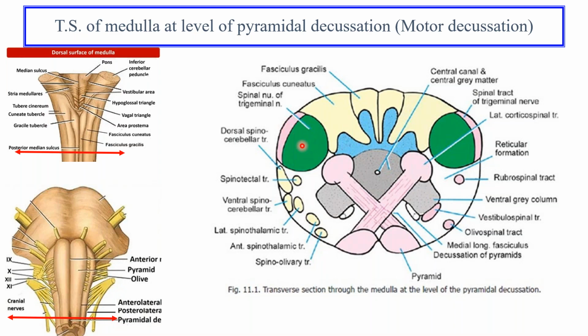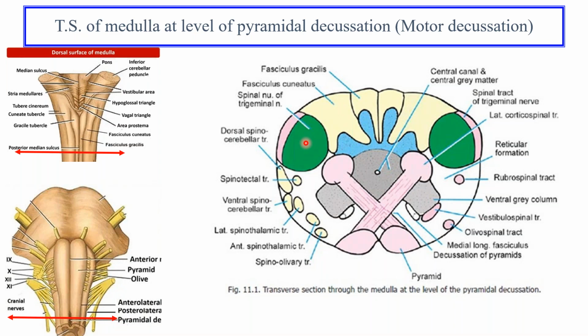When I showed you the diagram of all the cranial nerve nuclei, the trigeminal nuclei had an extensive origin, and behind it is the spinal tract of the trigeminal nerve. This is to be drawn. So from the posterior aspect, from medial to lateral, you have to draw the fasciculus gracilis, fasciculus cuneatus, and then the spinal